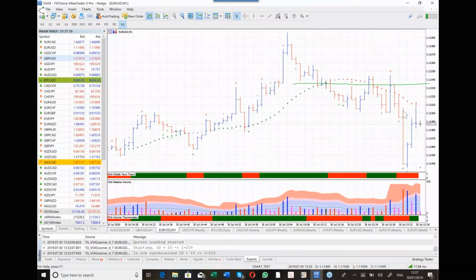These clusters are valid on the place where they are drawn. They are not valid in the future. They are not valid in the past. Only at the time and at the place where they are drawn on the chart. And we can see shortly. That's all about trend clusters, Gavin.